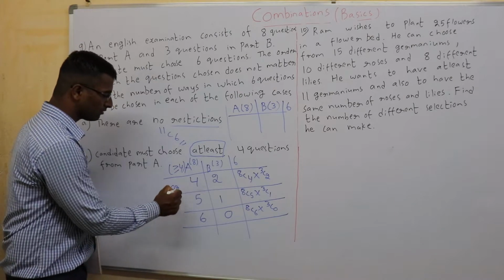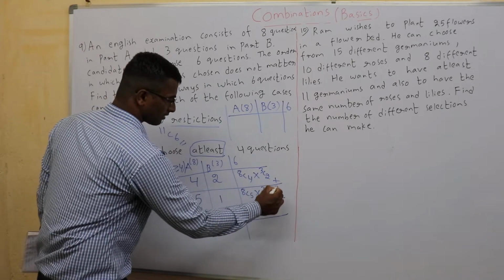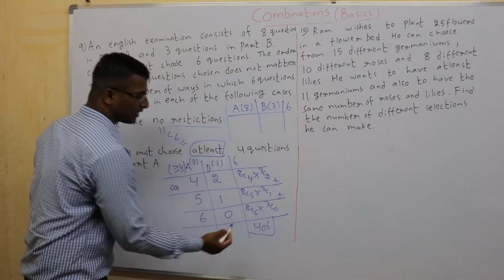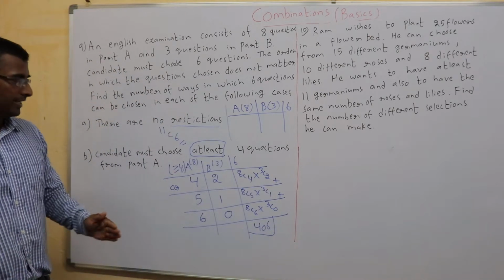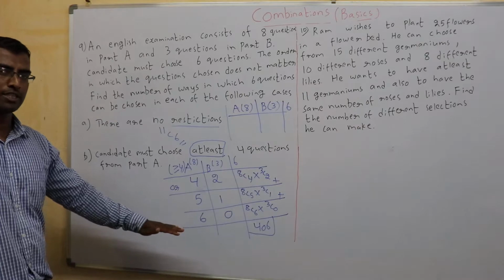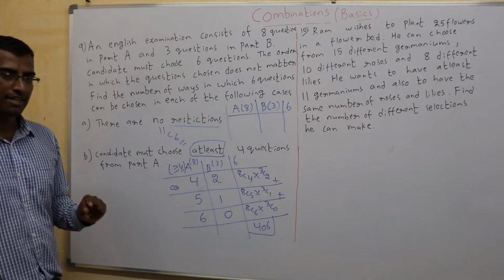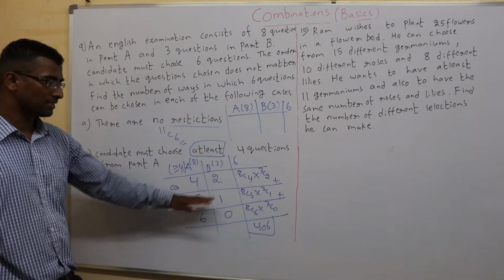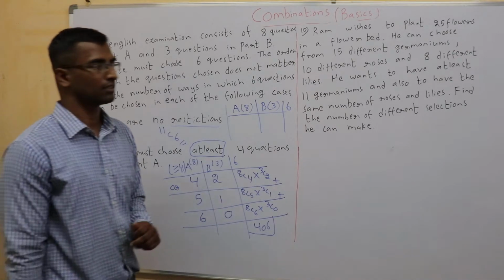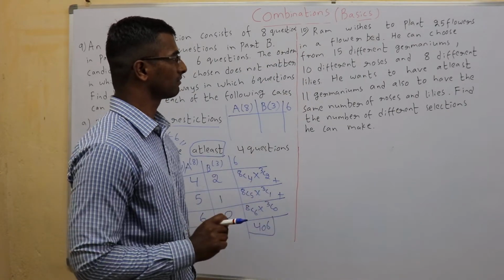It could be done in this way or this way or this way. The stress is on the word or. Whenever or comes, you need to add. If you add, that will be the total answer: 406 is what you get. Clear? At least tells you that you get more than one possibility. In that case, make the table, write all the options, then for each row write the combinations, and finally add.